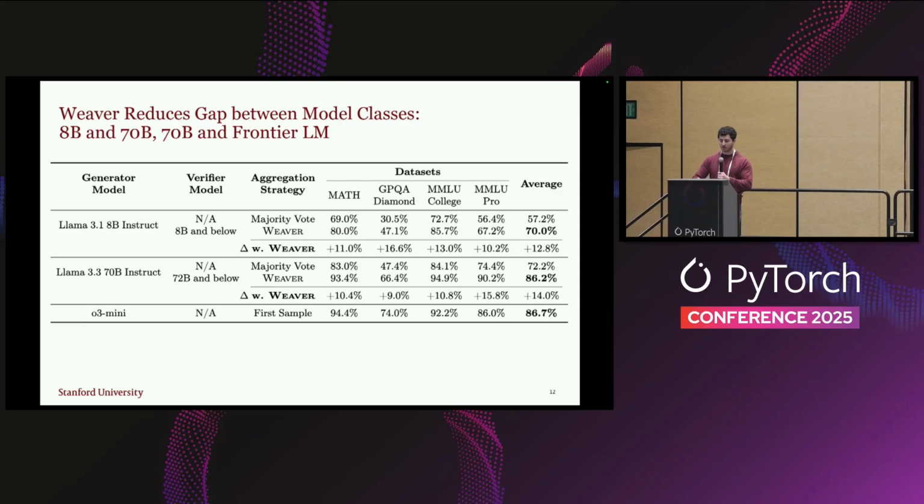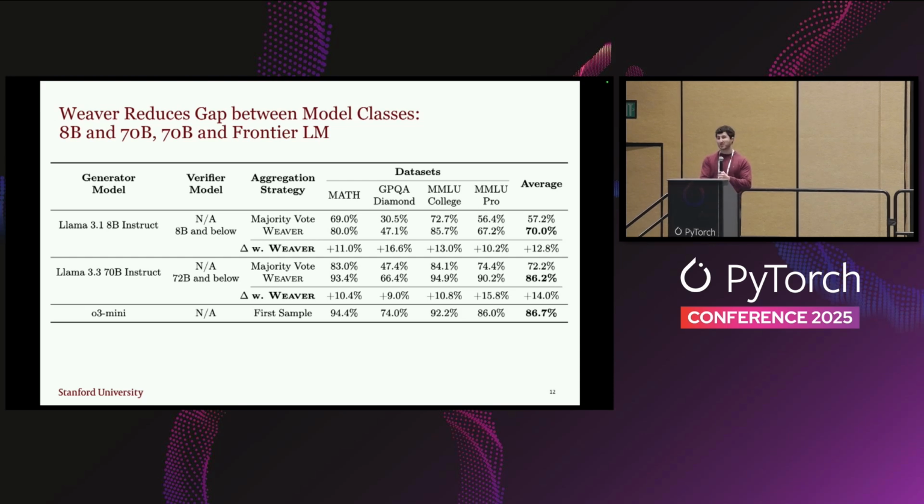We also found that the Weaver helps reduce the gap between these different model classes. So it helps you close the gap between 8B models and 70B models. It also helps you close the gap between 70B models and frontier LMs, specifically frontier closed LMs like O3 Mini. And what this allows us to do is basically leverage our compute more, especially in resource-constrained settings. So you can imagine, if you're on device, or if you're using older hardware and can only run, say, 8B models, you could get away with just using 8B models sequentially and eventually be able to close the gap with 70B. It would take you longer and it would take you more compute, but it would be able to help close that gap with 70B models just by throwing more FLOPs at the problem.